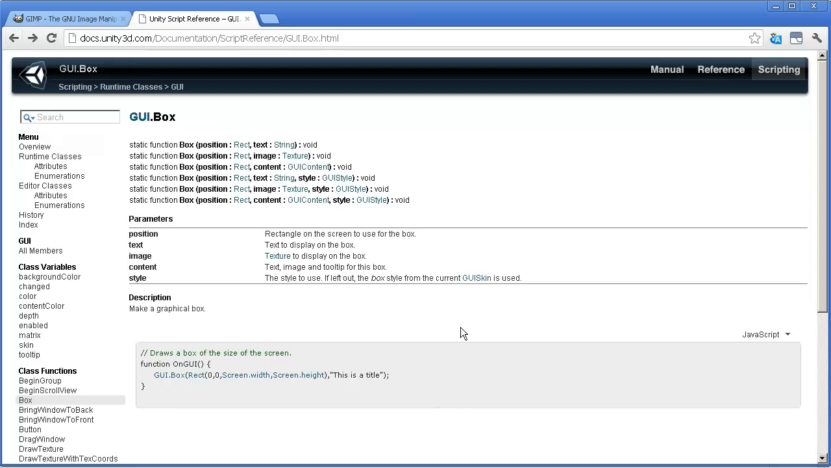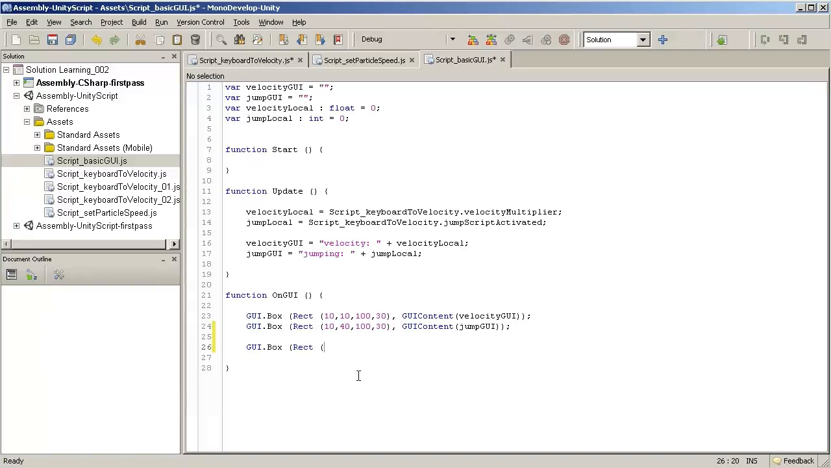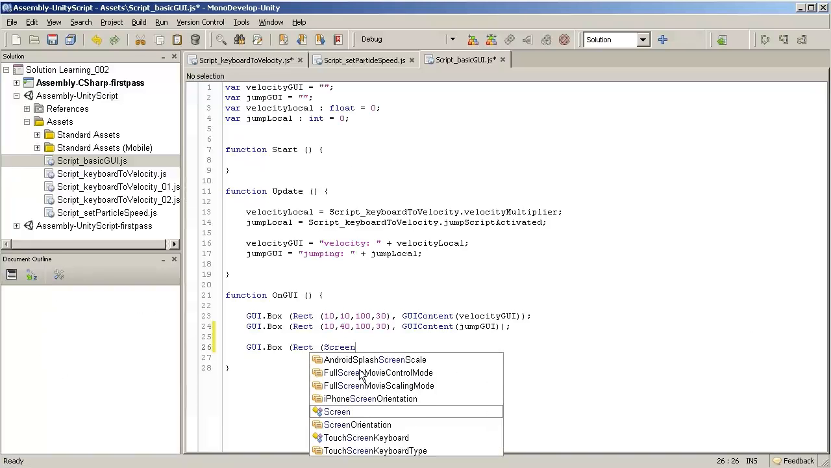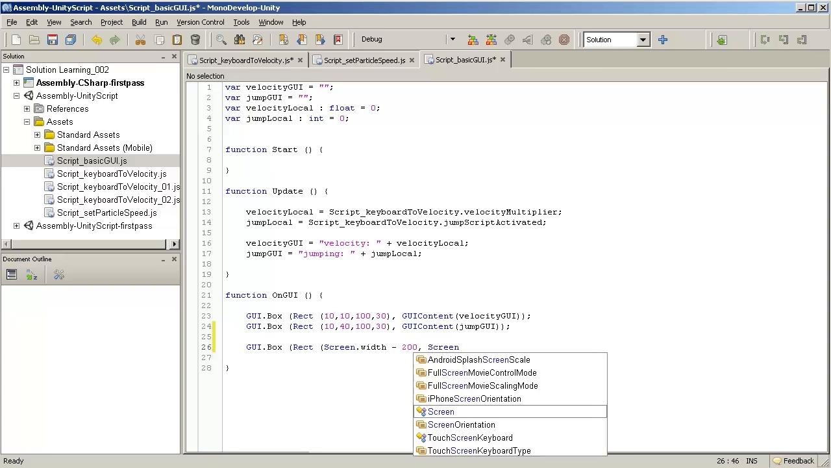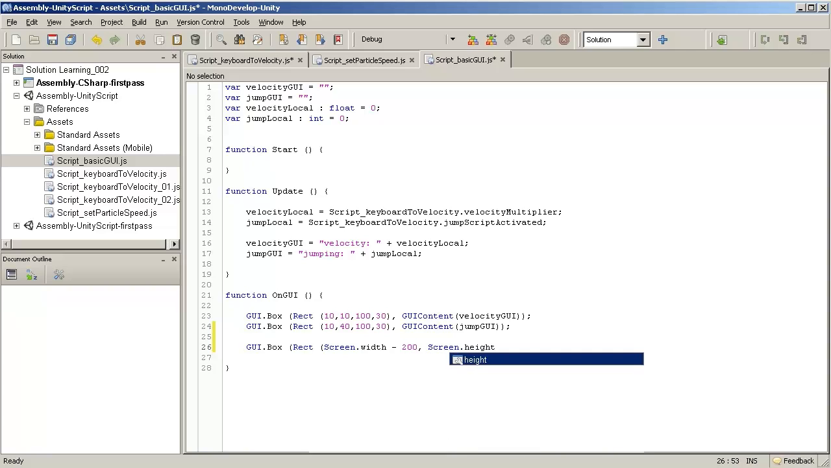Okay, so I'm gonna put something on the bottom right hand corner. So what I want is screen width minus, I don't know, 200, 300, what's 300 pixels? 200? Screen height minus 30, and then obviously then we have the width 200, height 30,